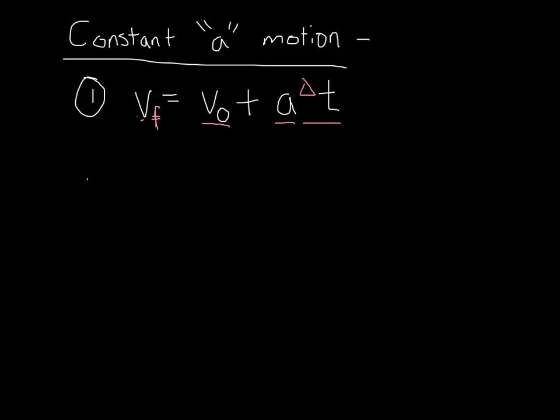So that is reflected in this equation. And I include this delta so that you don't confuse t with a plus sign. Okay. Second equation that we can use for constant accelerating motion is x minus x0, where x0 is the initial position, is equal to 1/2 times v0 plus v